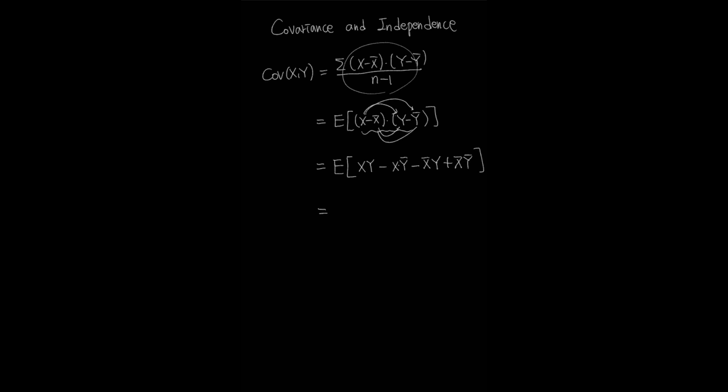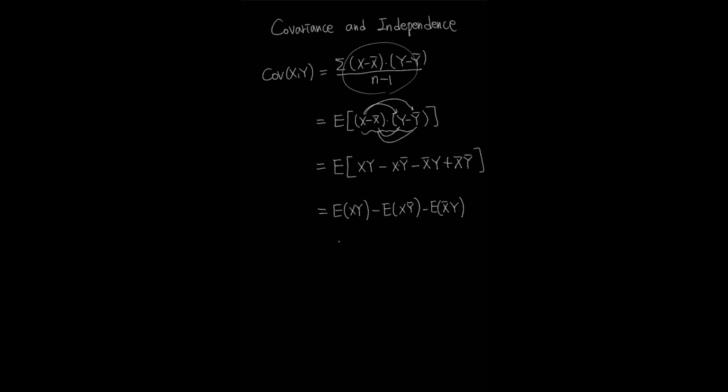So we're very comfortable using the linearity of expectation here. It would be the expectation of xy, minus the expectation of x times y bar, minus the expectation of x bar times y,